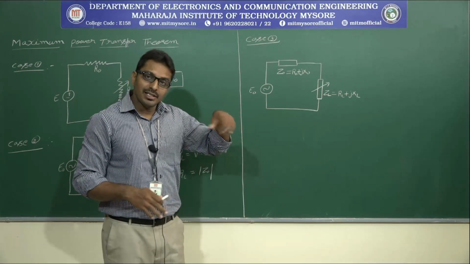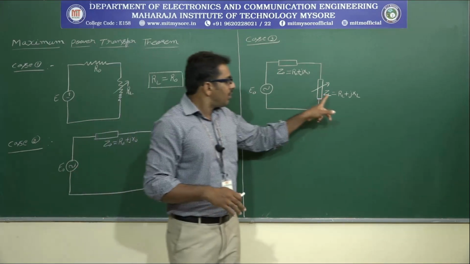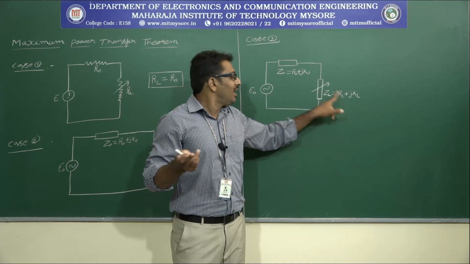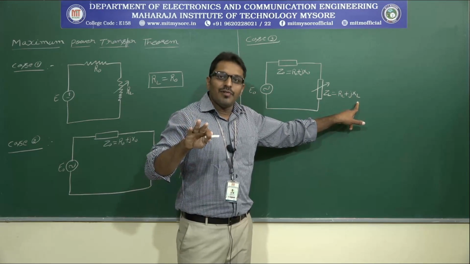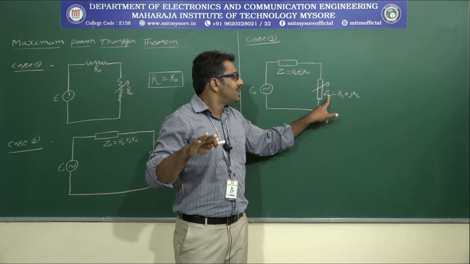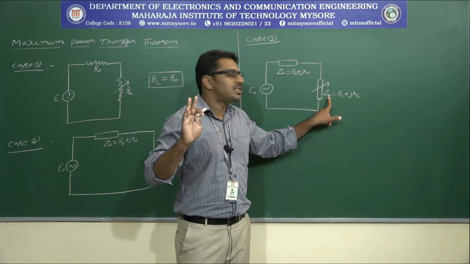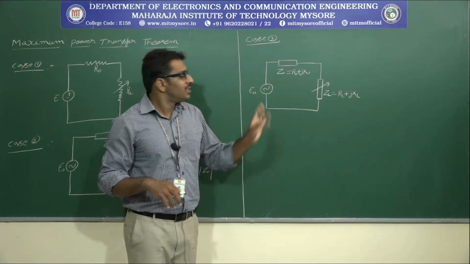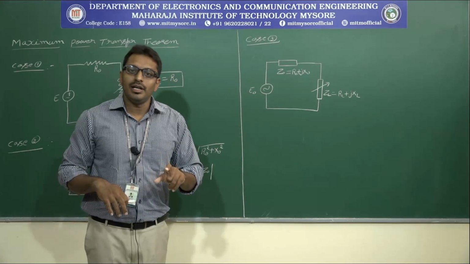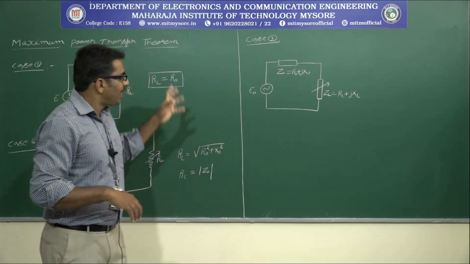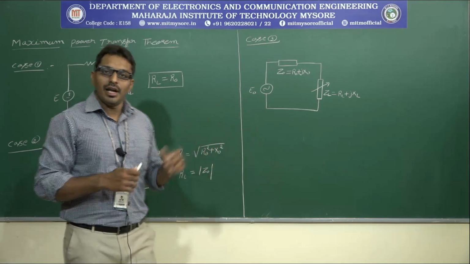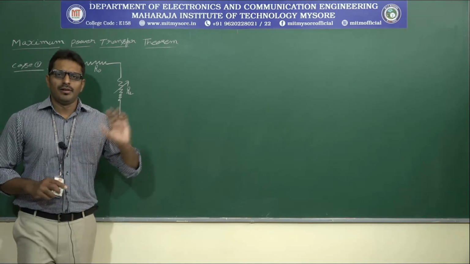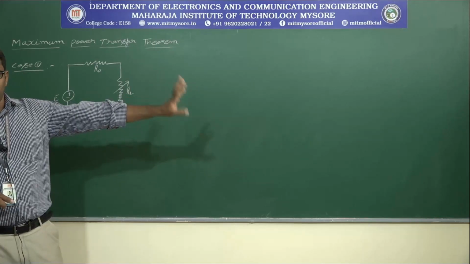So in this we can consider two more cases also. Out of ZL, only RL is variable. Again, out of ZL, only XL is variable. Finally, we can consider the entire ZL variable, meaning both RL as well as XL are variable. This variable term is very important, it plays a very important role. I will explain how important it is while deriving these three cases. Is that clear? Okay, now let us move on to the derivation part.